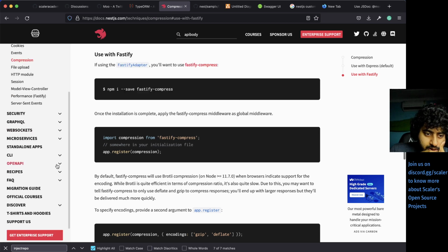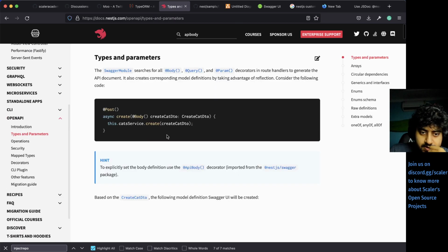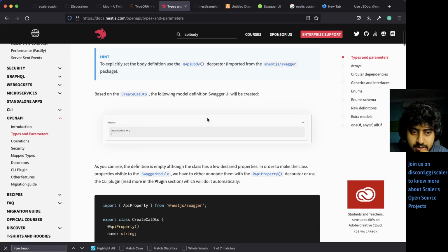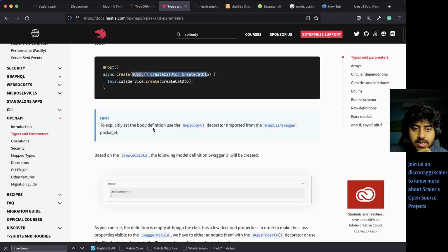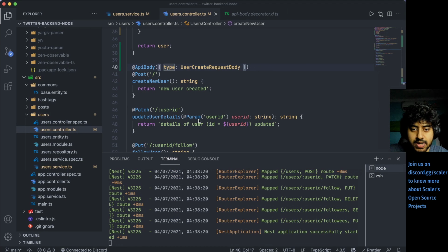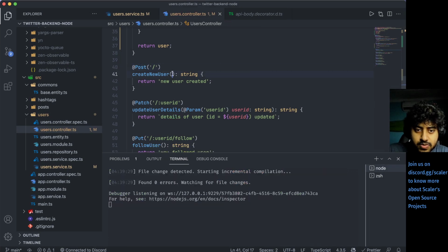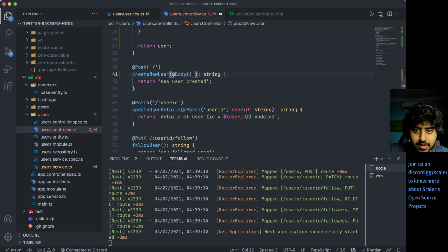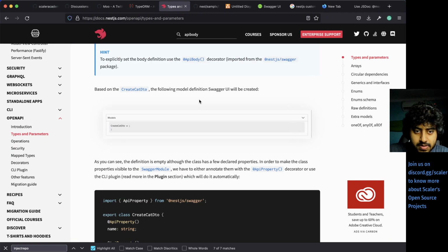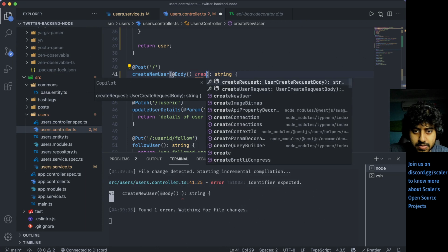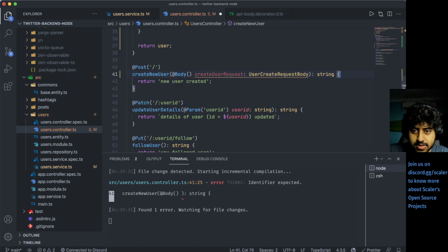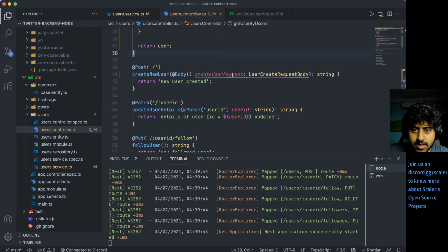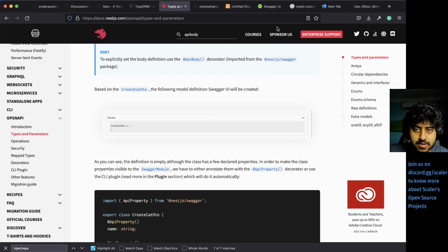So with OpenAPI, if I have to define types and parameters, so body is supposed to be of certain DTO type. API body. Okay. So if I do it like this, instead of this, just do body, create user request body like this, right? Declared but not used is fine. If I refresh this,